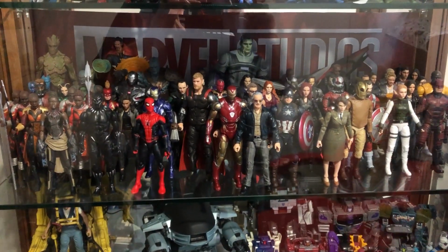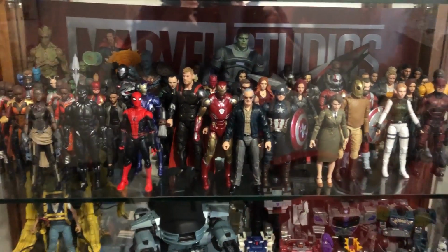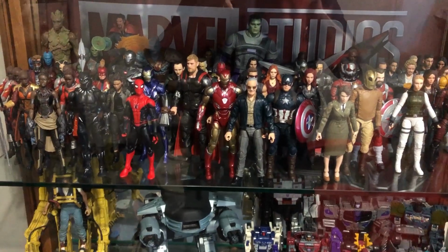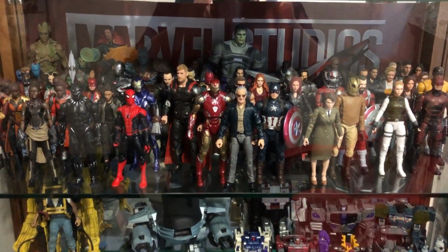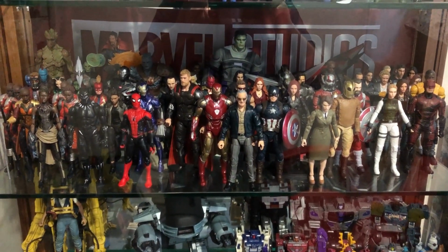We're taking a toy tour of the Marvel Cinematic Universe, or at least the toys that I have that represent characters from there. You will notice that most of them are Marvel Legends. There's a couple which aren't, and we'll get to them as we go through. But I thought it'd be a good time to take a look at them because we haven't actually had anything